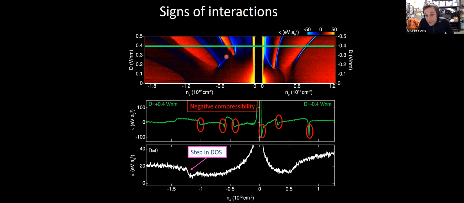I'm not so sure. I think once you have a complicated Fermi surface and complicated density of states, somebody has to actually do the calculations. But there's a bunch of different competing states that you could get.